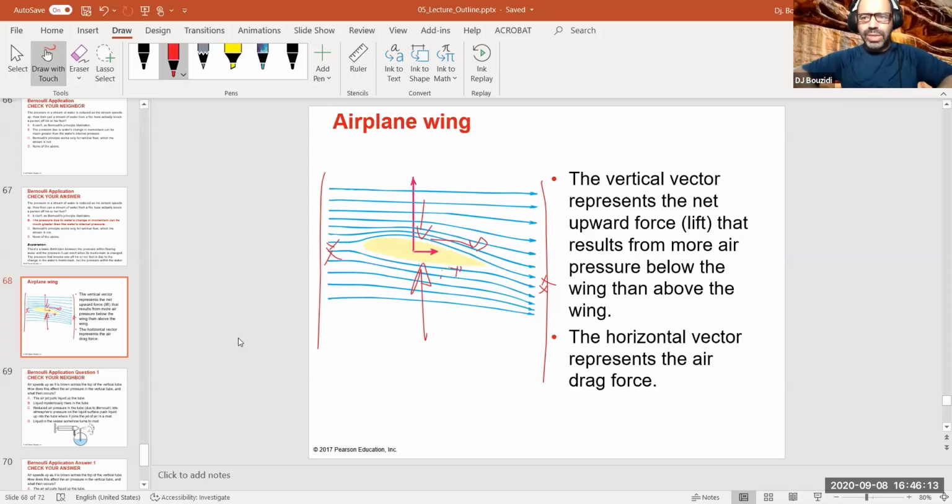If you don't want, for example, the object to lift off, you take the wing and put it backward, like they do on NASCAR cars. They put the wing backward. So in this case, the car stays on the track to get more traction, so that it moves faster and faster on the track. If you do it the other way, the car actually will fly. So that's why you see them on NASCAR cars in racing, they put the wings backward, because they don't want the car to fly. They want it to stay on the ground.